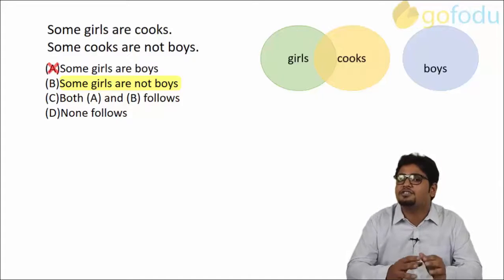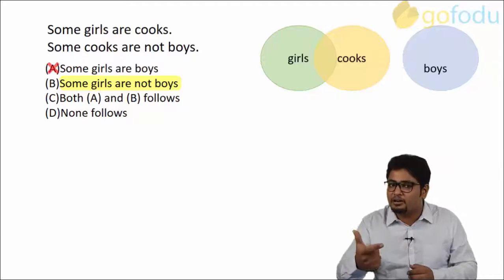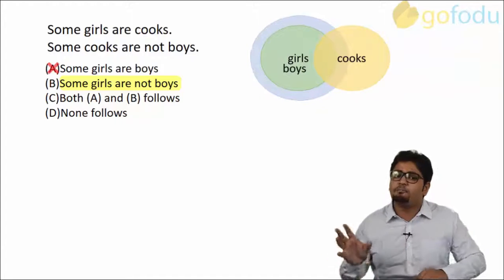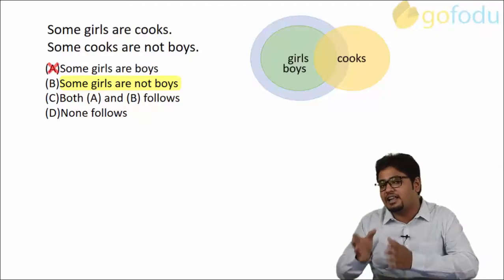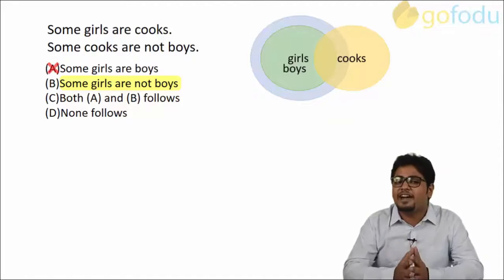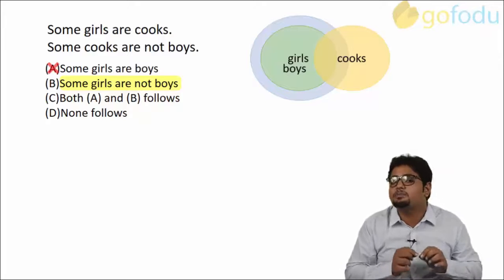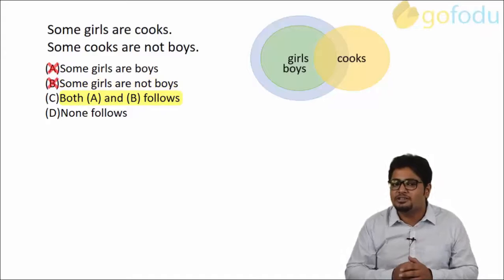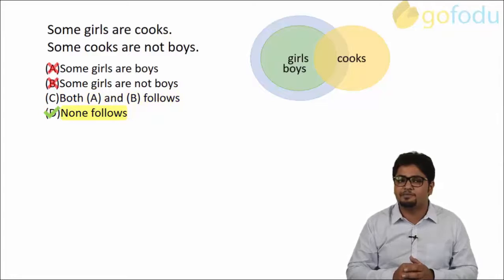So here we have some girls are cooks. We use the basic diagram for this, but for the second statement, let's take boys as the bigger circle like this and put all the girls, or say inscribe the circle representing girls, inside it like this. You can validate both the statements given to us. No condition is violated here. So in this case, conclusion B becomes false. Since both A and B do not follow, the answer for this question will be option D, none follows.